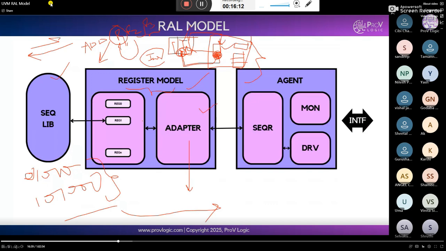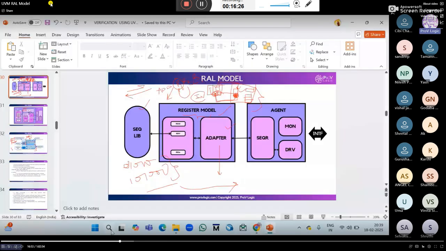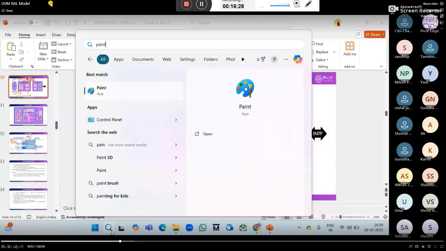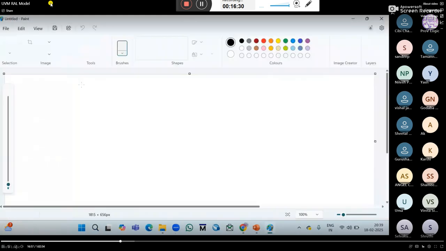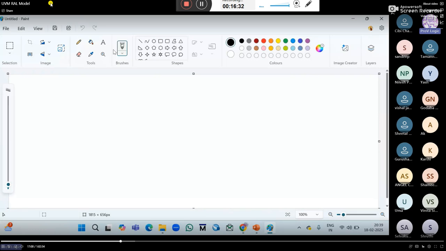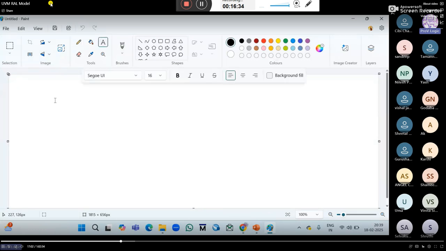Yes. Okay. Now, first we will see about the RAL model. So what is meant by register model? I will draw it and show how it looks. First of all, the RAL model consists of register fields.